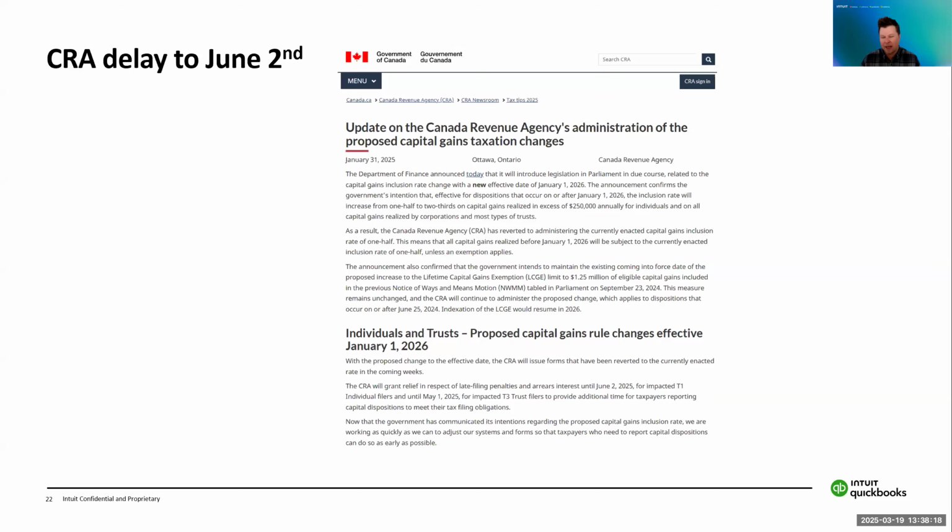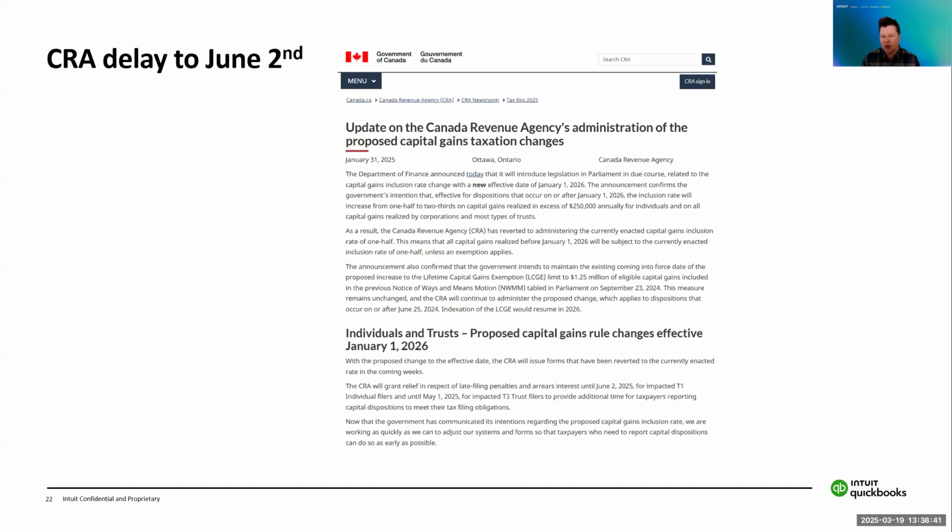So if you are filing clients' personal tax returns that have capital gains in them, you may not yet be able to file those tax returns on ProTax or Profile or any tax program that is compliant with the CRA until those forms have been updated.